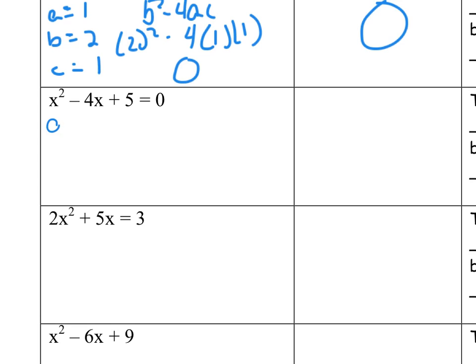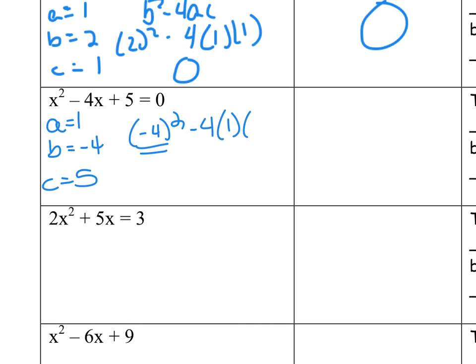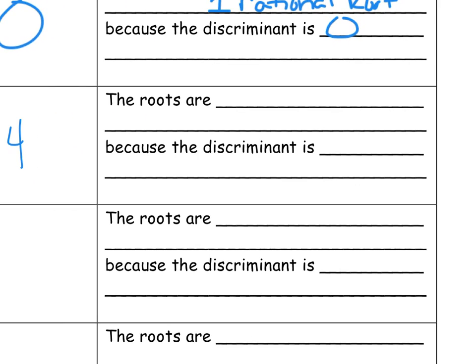So here they are. A equals 1, B equals -4, C equals 5. B squared, remember, put that in parentheses, it matters, minus 4AC. When we do this, we get -4. Anytime it's negative, turn it over. Look at the possibilities. Anytime you have a negative under a radical, it's imaginary. The one we always remember, where it doesn't hit the x-axis. Okay, you can also say there's 2 imaginary. Next one,